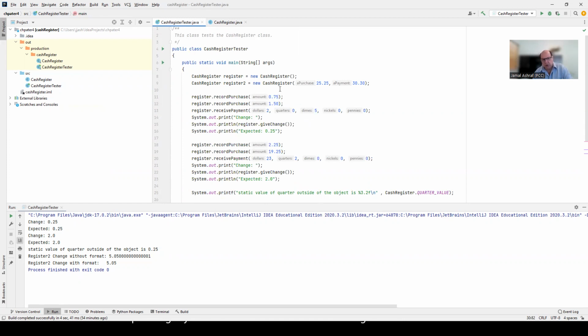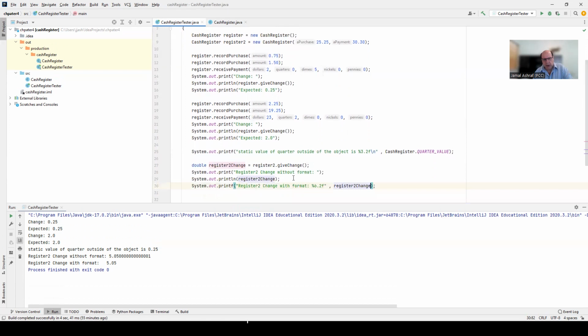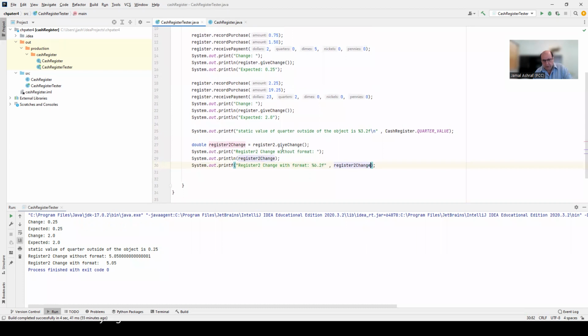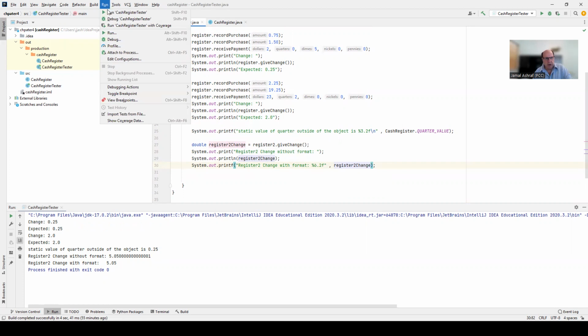So I'm creating 2 cash registers, one with nothing in it. The second one, I'm putting some money and payment in it. Then we are just calling some methods that we have, and then we print it. On the second one, what I did add to it is for my register 2, I am getting the change, and I want to show you the formatting that's coming up to see the difference. So if I run this one,